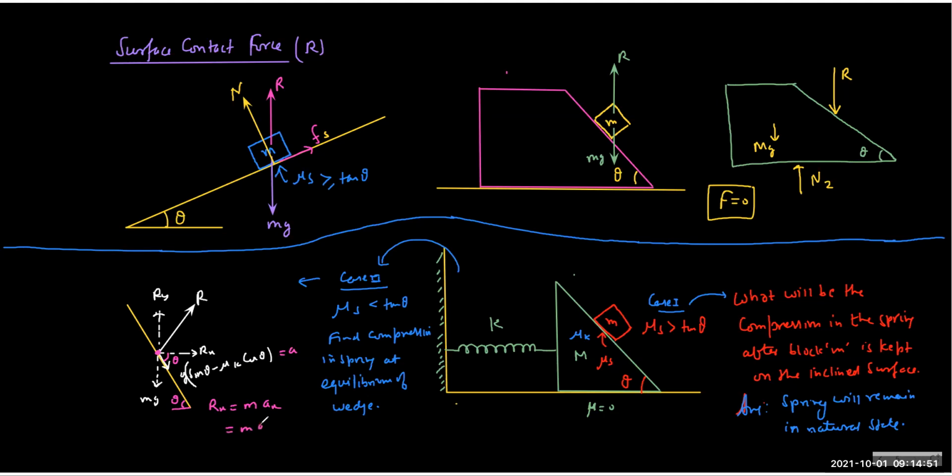And what is Ax? It is m into a cos theta. And exactly the Rx will balance. Rx is balanced by the spring force, right? So if you come back to the wedge part,